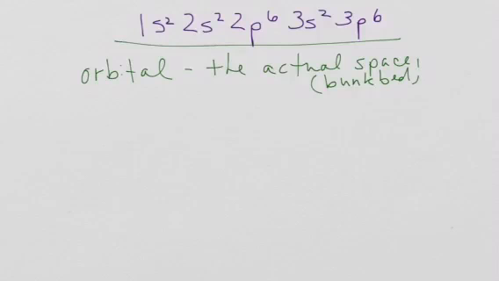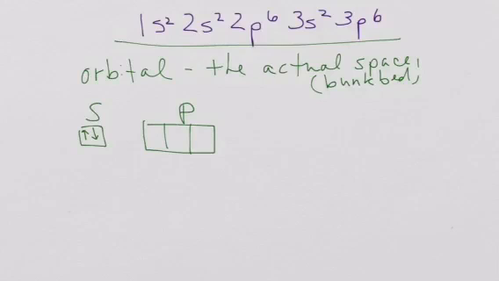Okay? Because S is easy, because again, we just have one of those. So we don't necessarily have to say which S, because there's only one. But if you have a P sublevel, then you have 3